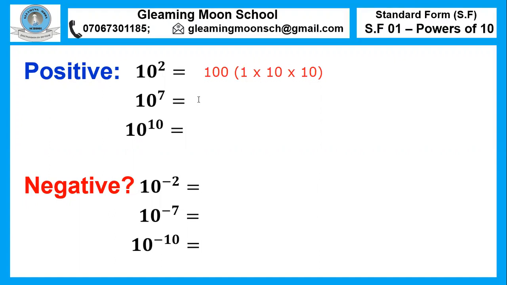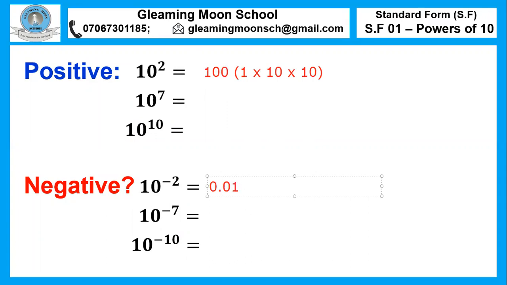We write 1 and add 2 zeros. So in the second one, okay, let's jump to the negative. So for 10 raised to the power of minus 2. In 10 raised to the power of 2, the positive, we wrote 1 and added 2 zeros. But in the negative, you start from 0. So you will write 0 and put your decimal point. Remember, your decimal point will always come after the first 0. Okay, how many more zeros do we need? In total, we need 2 zeros, and we've got 1 already, so we need 1 more 0, and then we